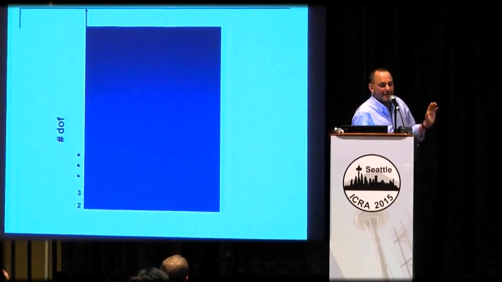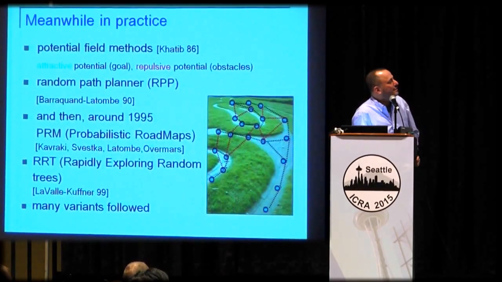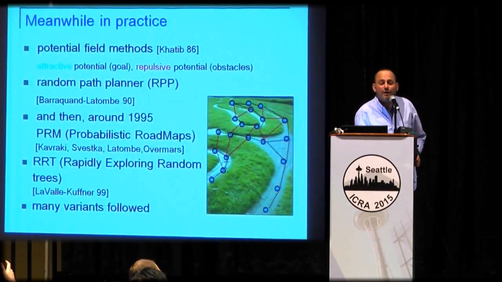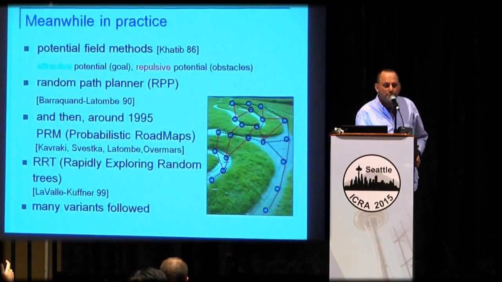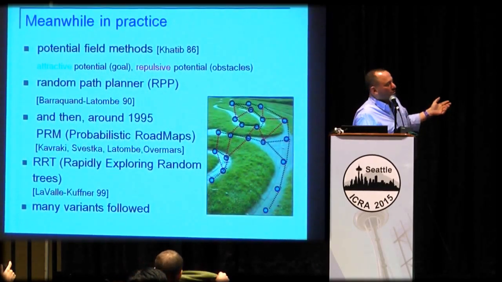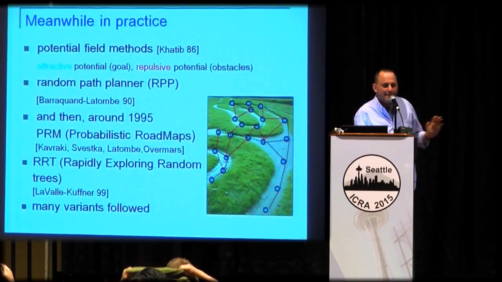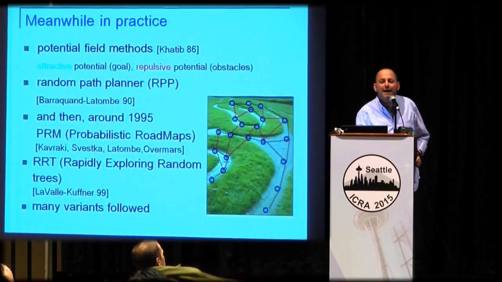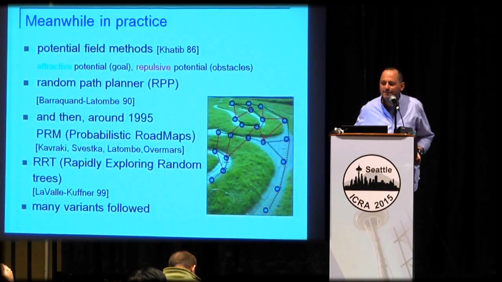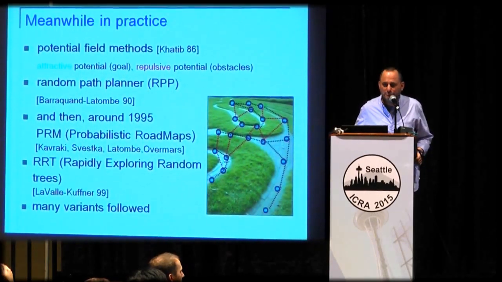So back then, it looked not very promising, but there was a parallel world, and people didn't wait for this theoretical result and started developing practical motion planning solutions. And the big boom was the mid-90s with probabilistic roadmaps, and it has never stopped since. And these sampling-based techniques can now solve problems with literally dozens and even hundreds of degrees of freedom.